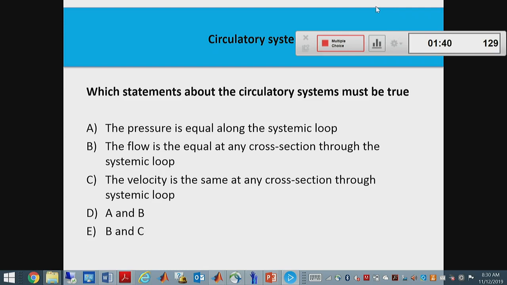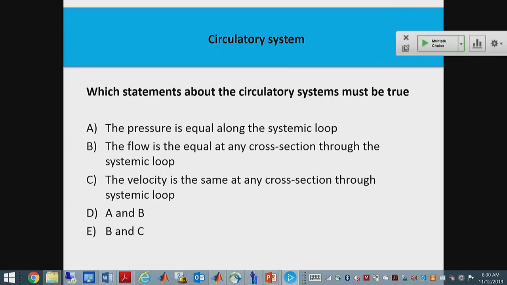Okay, so with that, I'm just going to collect the answers, and then you can discuss for a moment. So I'm going to close this in a few seconds. 5, 4, 3, 2, 1, and 0. Okay, so go ahead, discuss, and then we'll take a second round.